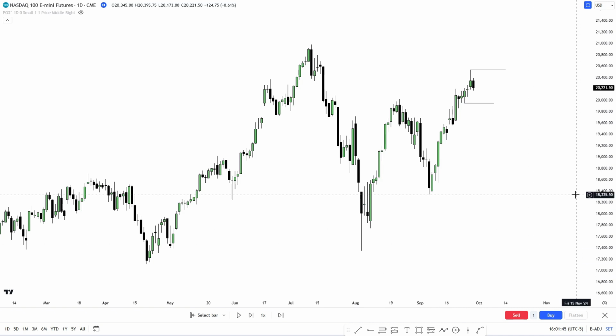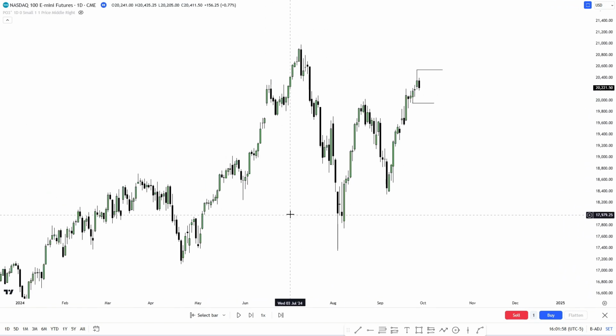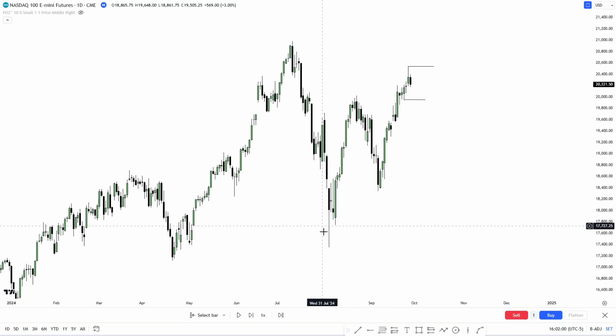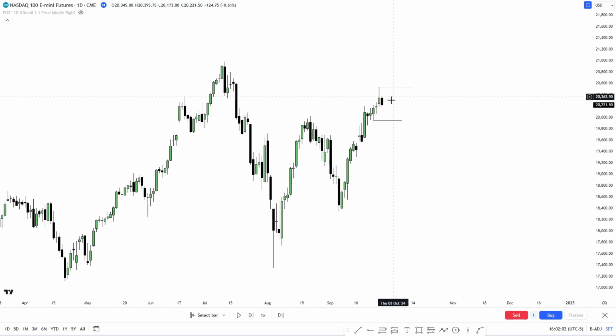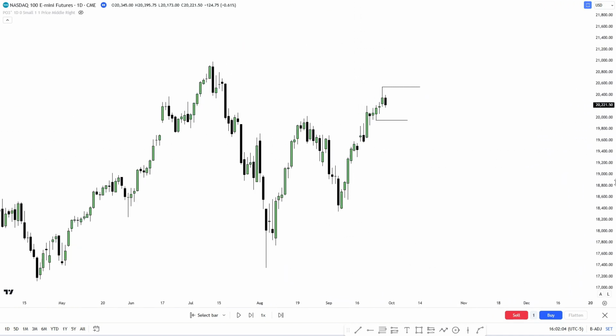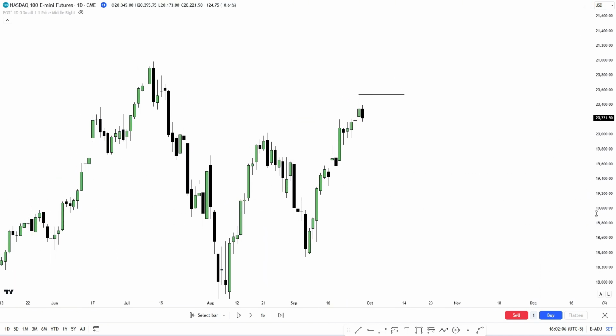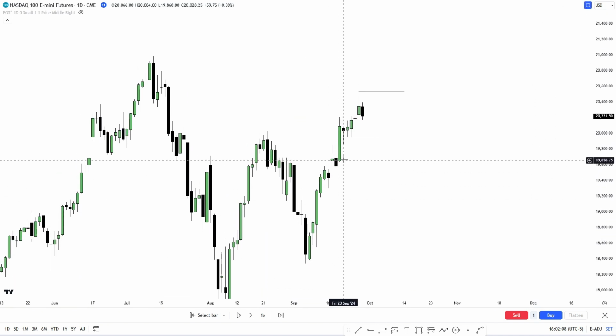Okay guys, now I'm on a daily chart on NQ. Now we'll be incorporating all of these concepts together to help us derive a daily bias. So first off, let's start off by identifying our current market structure and what trend we are currently in. As you guys can see, we are clearly in a very strong bullish trend, especially here. We're clearly trending, and I would like to see if we can continue and sustain this bullish movement to the